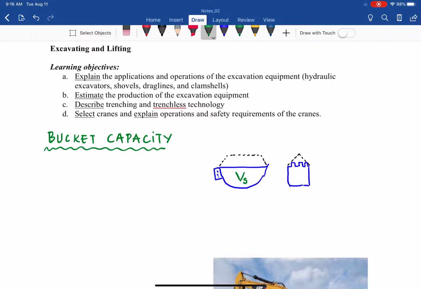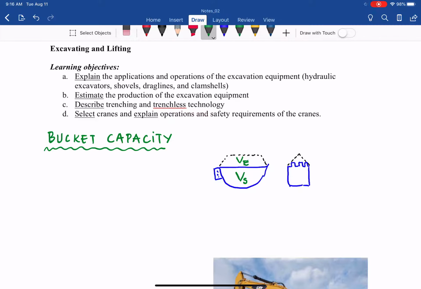And when we also have a heap volume including the excess material that we call here due to the angle of repose, something we talked about in lesson 1. So we have excess material VE, and the whole volume of VS, struck volume, and VE, excess material, that we